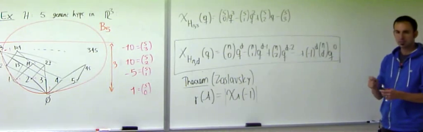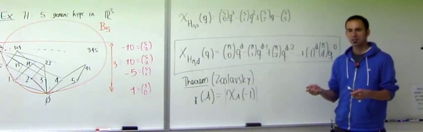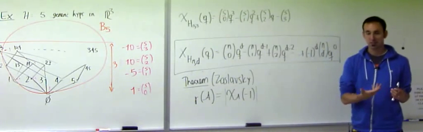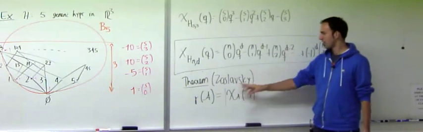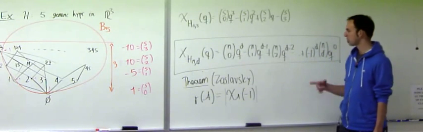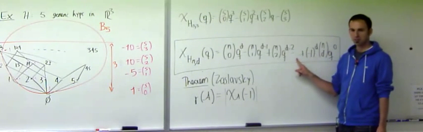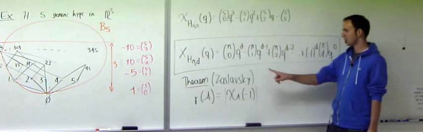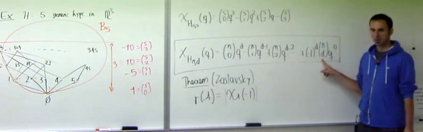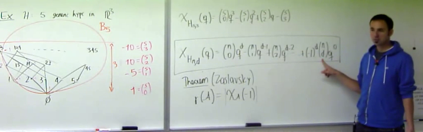So this says if you want to compute the regions of the arrangement, you can do this completely strange procedure that looks like it has nothing to do with it. You evaluate this polynomial at minus 1, and you get your answer. You see what happens if you plug in minus 1 here? You get n choose 0 plus n choose 1 plus n choose 2 plus n choose 3 up to n choose d, which we saw was the number of regions of